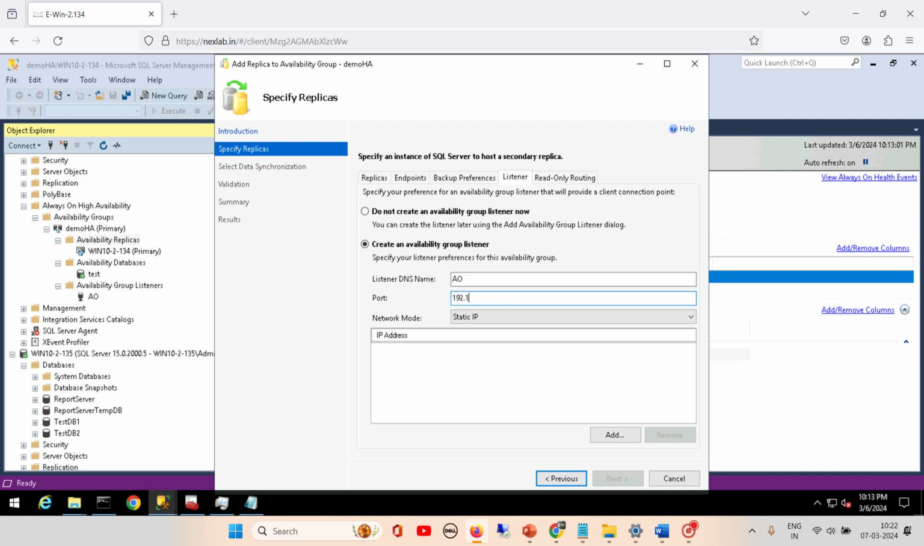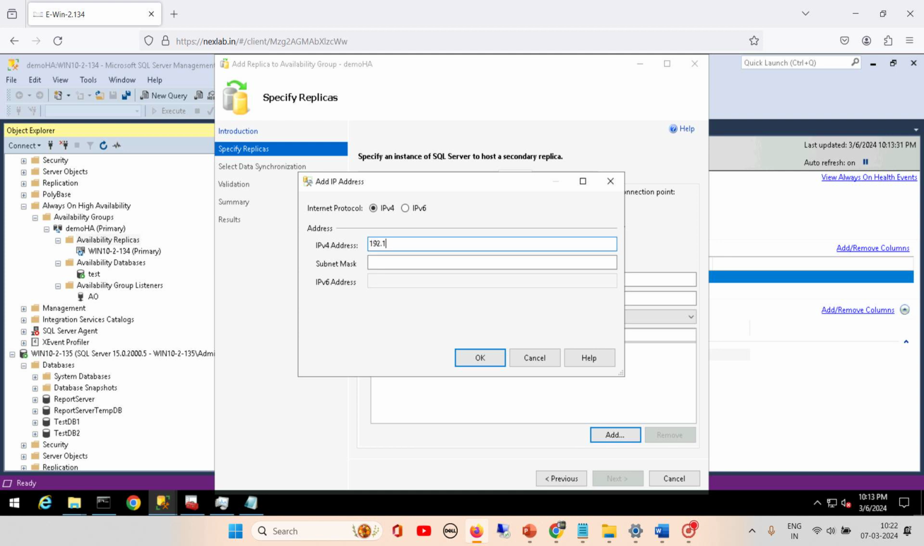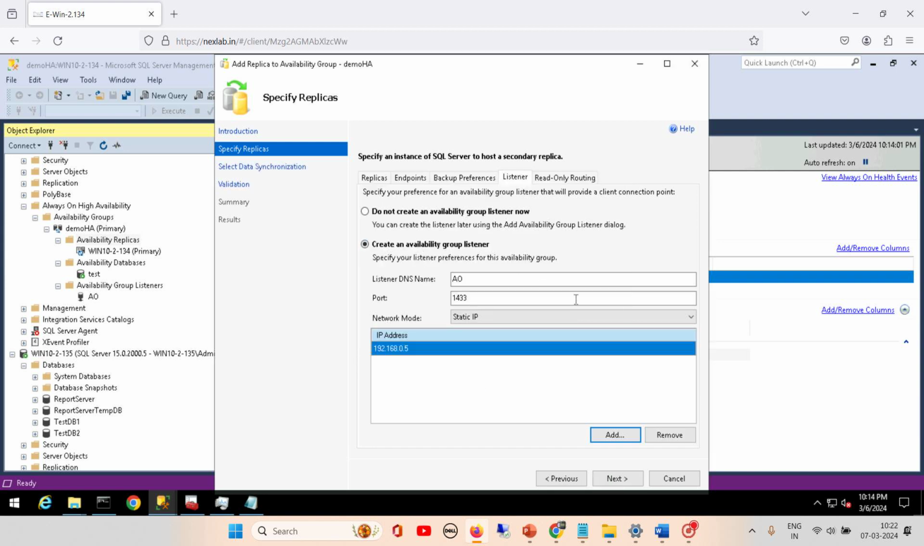192.168, sorry, what happened, this is 68, 192.16, not only press 6, sorry, that is 1433, and then we have to add the IP address 192.168.0.5, subnet mask, that is 255.255.0.0. Now it's done, okay, see,